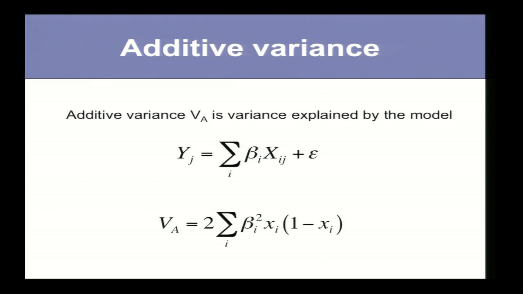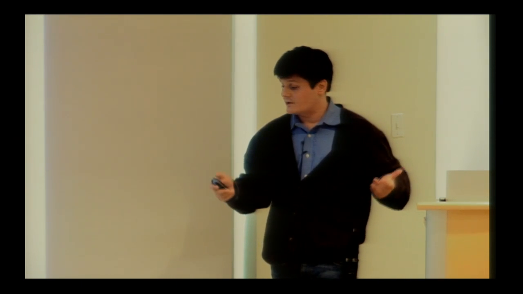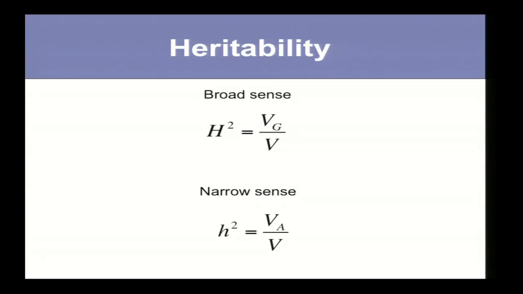And I can compute additive variance if I know allele frequencies at each locus and effect sizes. So this assumption is very important. I assume that all loci are independent. That's a first order assumption. As soon as I start treating them in a non-independent way, this creates interaction variance. As soon as I start treating allelic dosages in the same locus in a non-independent way, this creates dominant variance. Right? So I can simply compute how much variation I have in the sample.